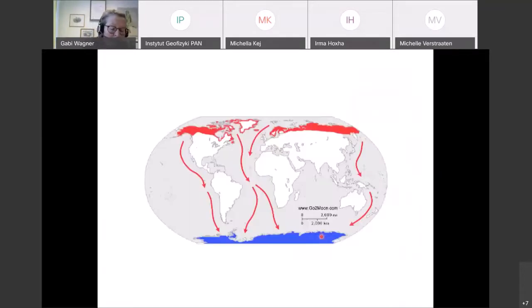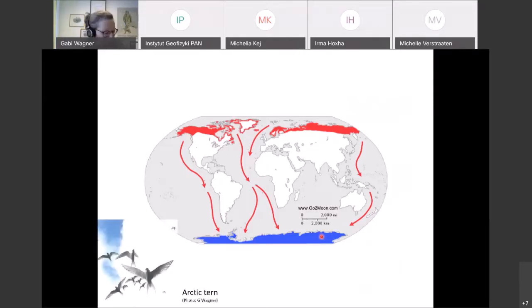I'll quickly go back to talk about birds, simply because these are the longest migrations we know of. And this particular migration route from the Arctic to the Antarctic is possibly the longest of any animal, and you can find it in the Arctic tern. The Arctic tern is also an animal I see very commonly where I live.